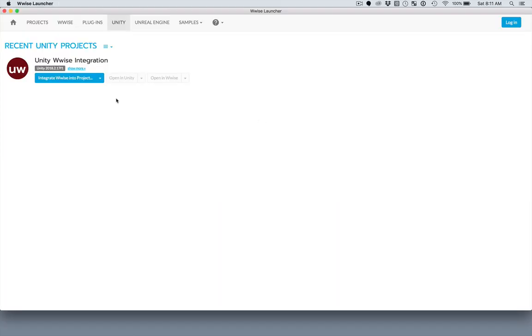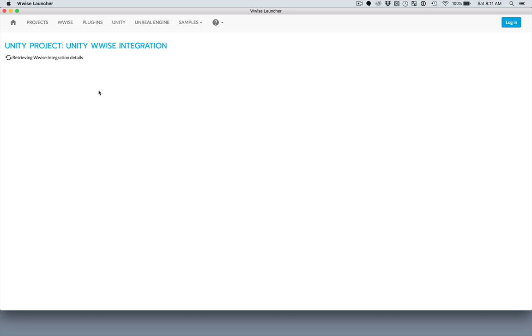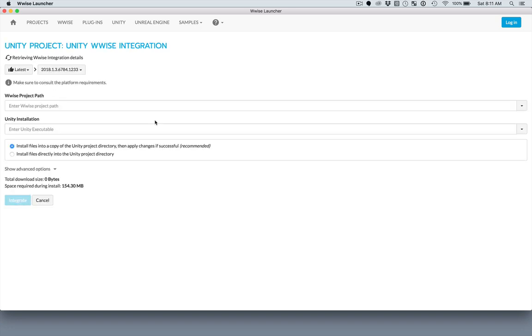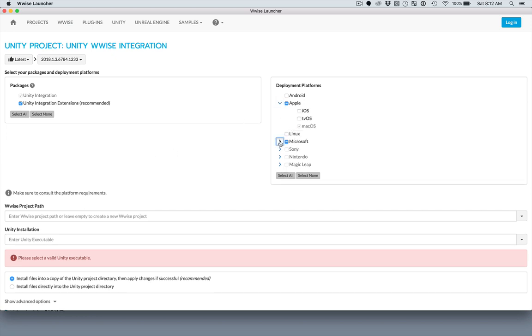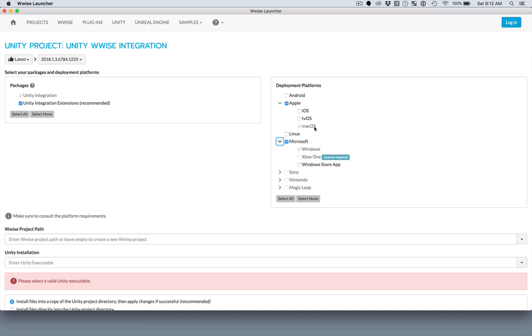So now we go back to the Wwise launcher. We're on the Unity tab, and then we integrate Wwise into the project. It's going to bring up some information with regards to how you want to integrate these things together. How do you want to add Wwise to this project? Essentially, it's going to pull down libraries off the internet based on what versions you have and integrate them into that Unity package. So over here, for the deployment packages, I'm going to pick Apple Mac OS and Microsoft Windows as my two primary